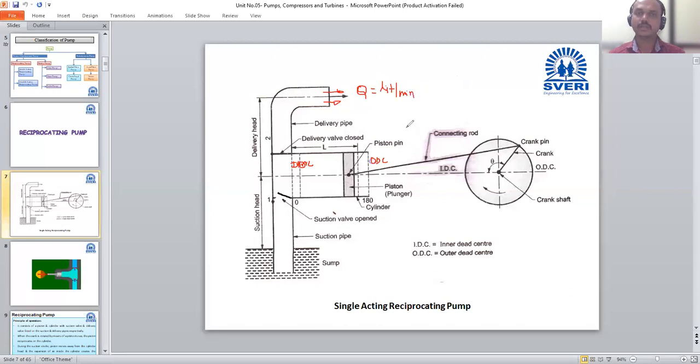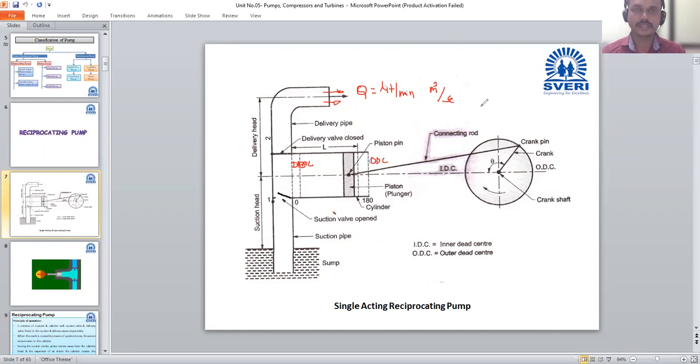Okay, liter per minute, or meter cube per second also. Length, width and height per second, how much it will increase. This is the discharge of that pump. And if you consider it in liters, in 1 minute, how many liters of water the pump can deliver. So this is the discharge of this pump. Do you get it? Is anybody having any problem up to this?